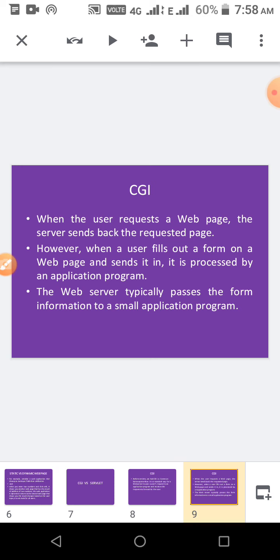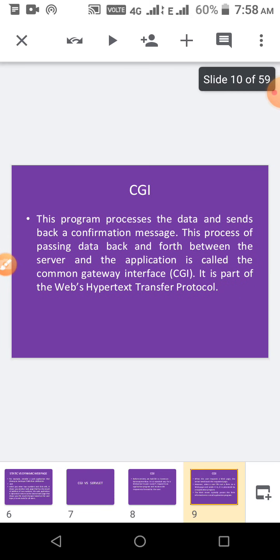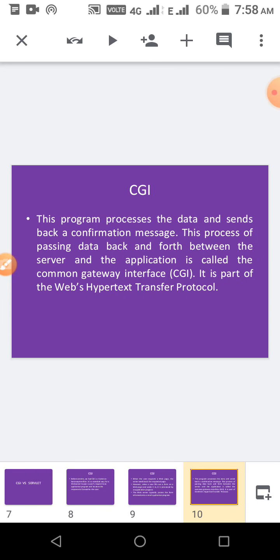When the user fills a form on the web page and sends it, it is processed by the application program. The web server typically passes the form information to a small application program, and CGI processes the data and sends back the confirmation page. This process of passing data back and forth between the server and the application is called Common Gateway Interface.